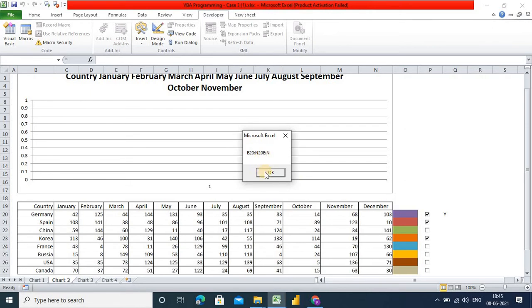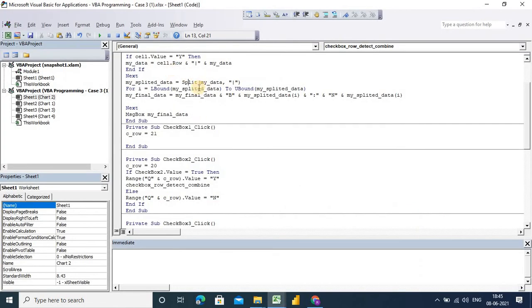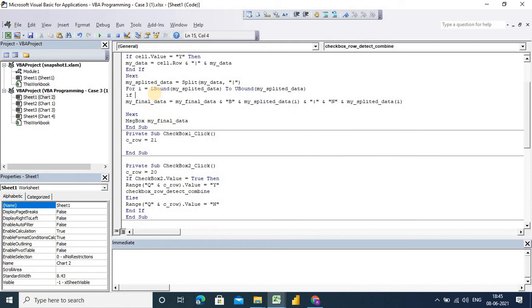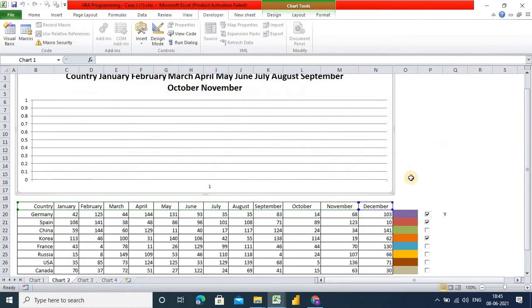Okay, so we don't need the BN. So how can I remove this? I will simply add an if: my splitted data greater than 0, then it should be applied here. Now check again. Now again it's showing BN.